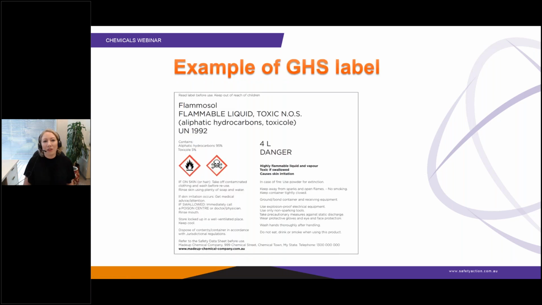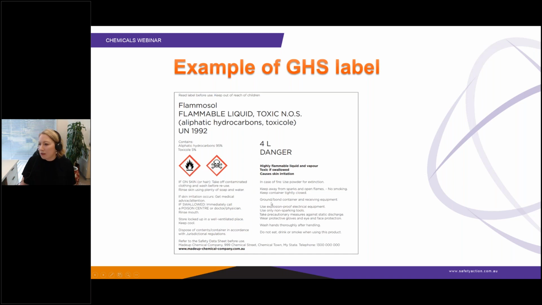Something else that's new under the GHS is the requirement for a standard format of label. You may have already seen this new label on some of the products that you buy in the supermarket. As usual, you'll see the chemical name. The new feature is that they will have those hazardous chemical pictograms on the label. You may also see that they instead use the dangerous goods diamond on the label.